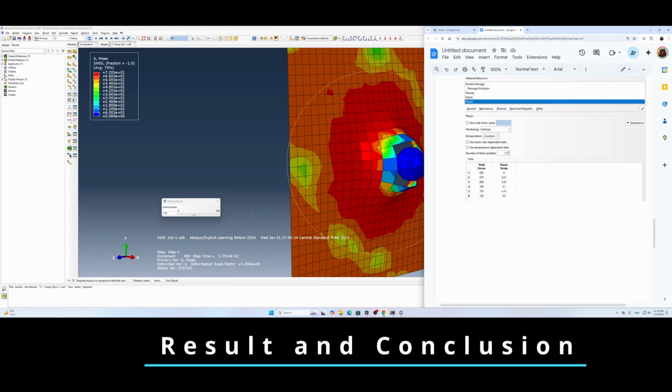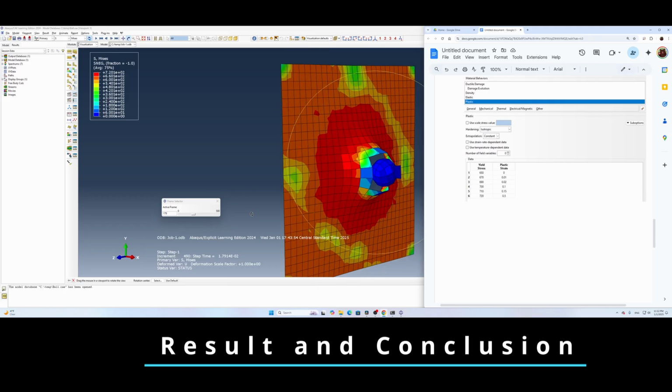So basically people say garbage in, garbage out. In order to have a good result, we need to have good material properties. So I think that's all I have for this